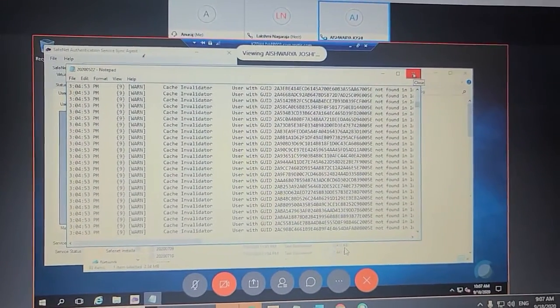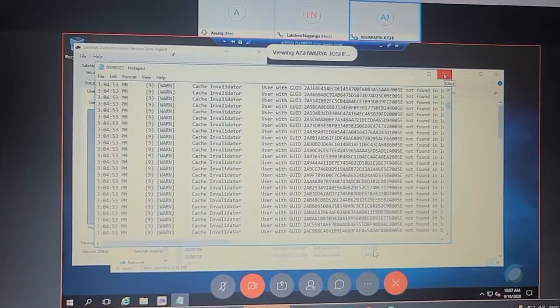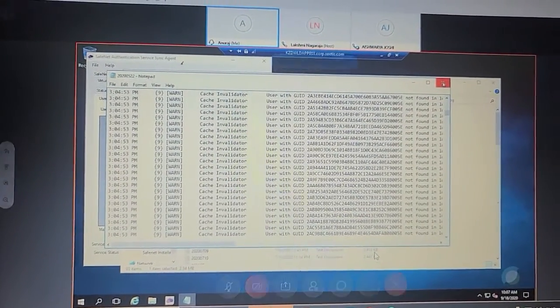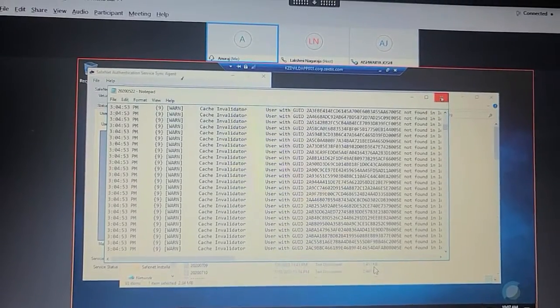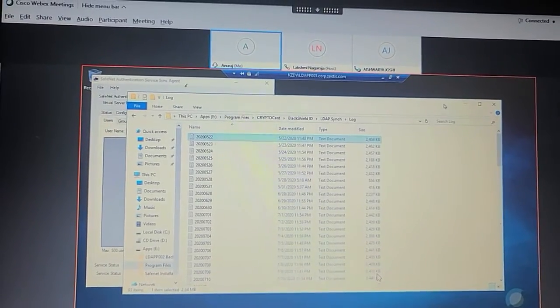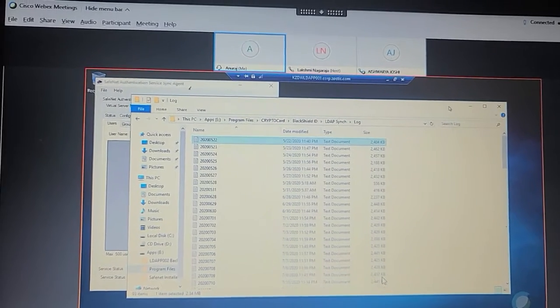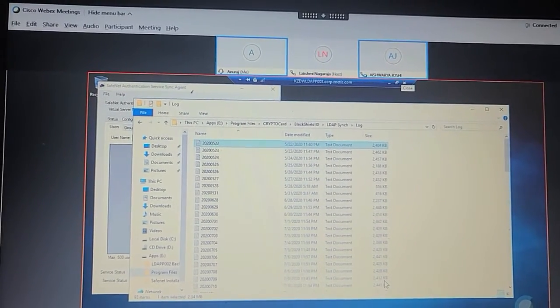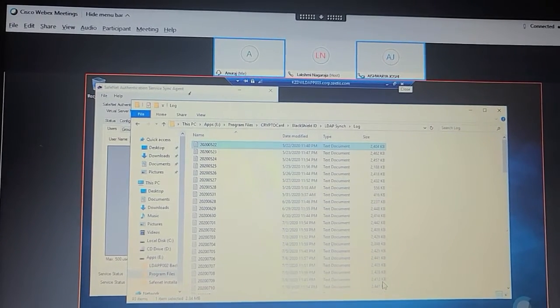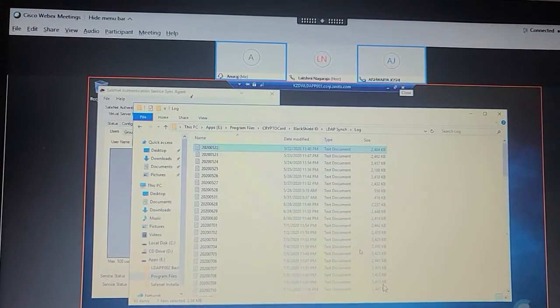Is this enough information on the LDAP sync? Yes. I was asking, under 2FA we are doing a couple of things, issuing token and troubleshooting token, right? For 2FA, we add the user.